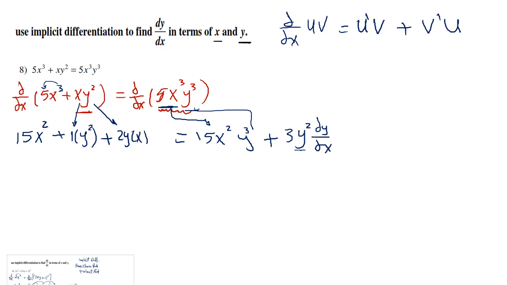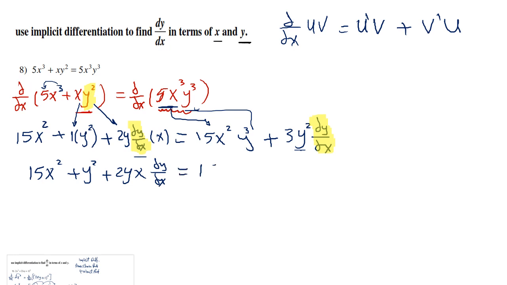So we forgot here to write that the derivative of y squared is 2y dy by dx, and this is a common mistake that most students make while doing the derivative. So don't forget that for any derivative with respect to y, I should write dy by dx. So the derivative of y squared is 2y dy by dx multiplied by the first, which is x. So it's 15x squared plus y squared plus 2yx dy by dx